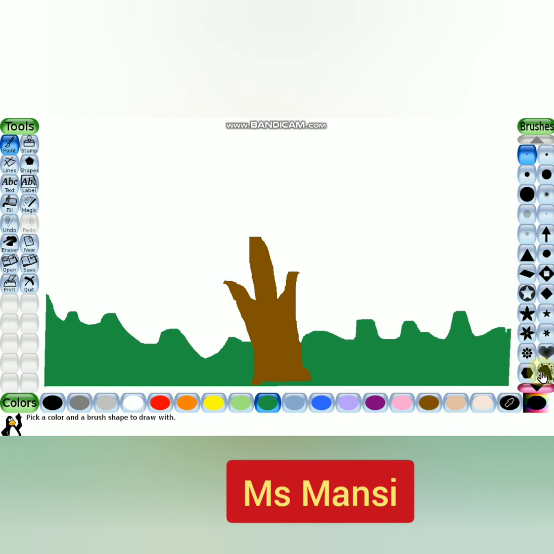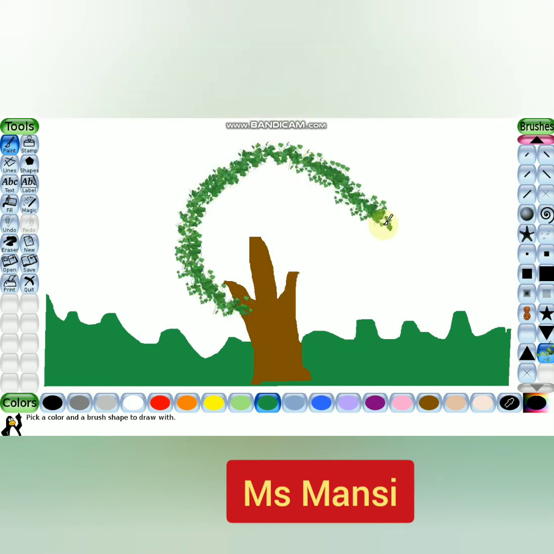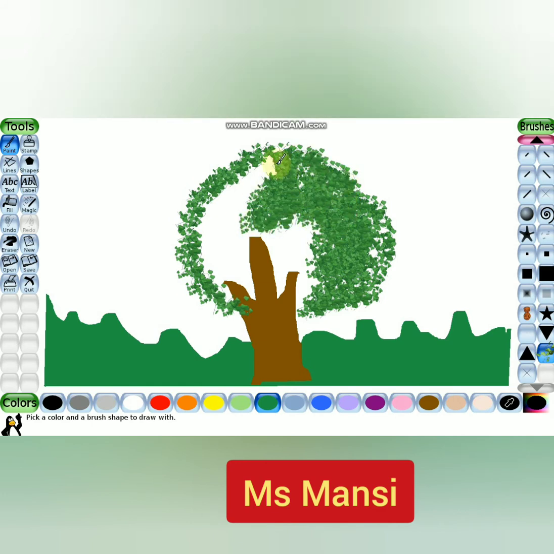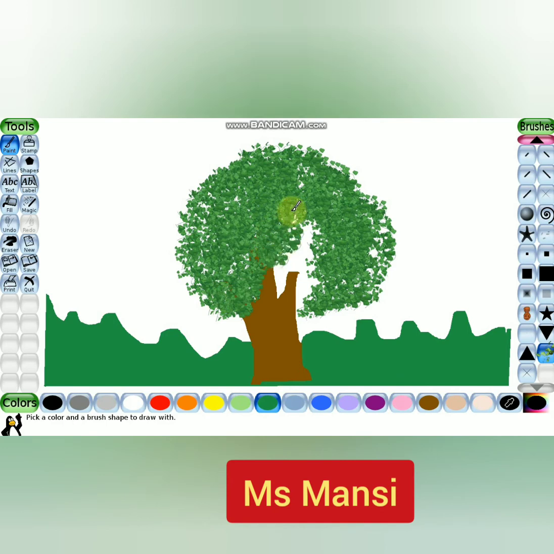Now drag down and I will choose a vine shape. This is your vine shape. Click on it. Now look here. It's so beautiful. You will see a beautiful tree. This is the way how to use pattern brush shape. Firstly select the paint tool, then move to the subtools area and select the vine shape.